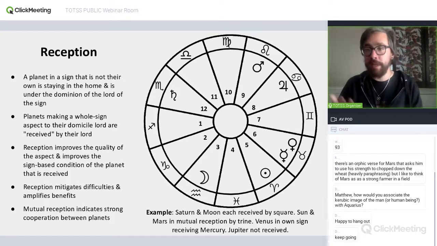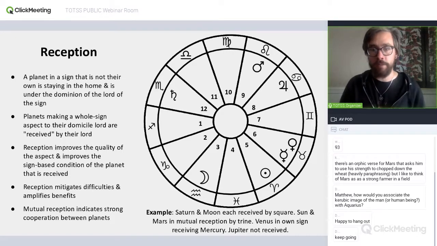And so while Jupiter being in the sign of its exaltation is good, it's not best case scenario good. It's a little bit closer to a mid-level. It's not as extremely helpful for Jupiter because Jupiter doesn't have the same level of support from his domicile lord. The Moon isn't available to help out Jupiter and to support Jupiter in her sign.